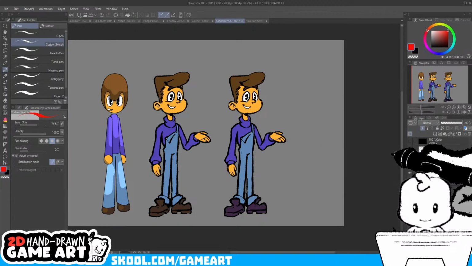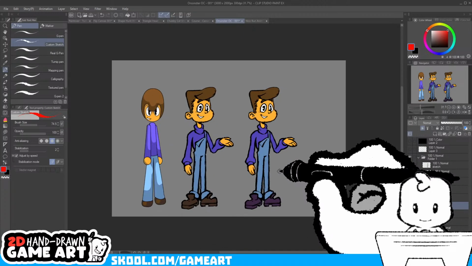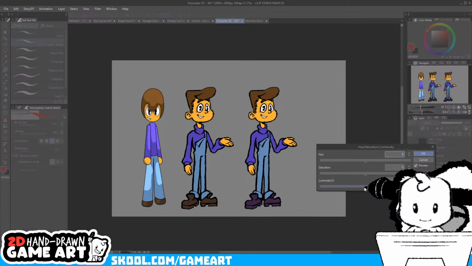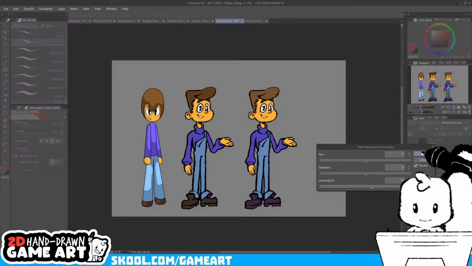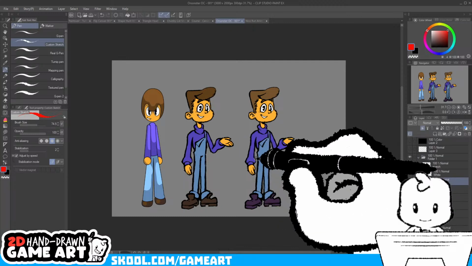I think I'm gonna go with purple boots. I think it looks pretty cool. I'm gonna make his hair a little bit brighter.